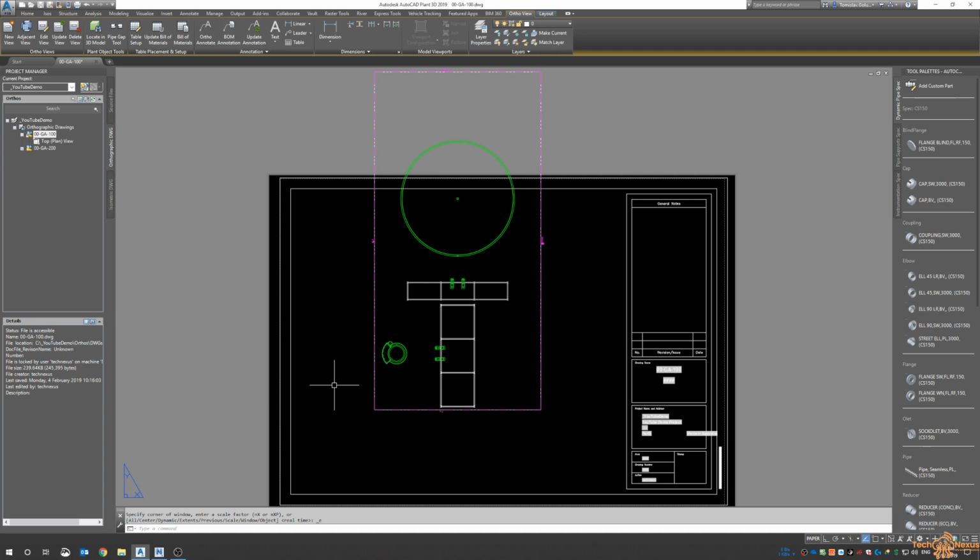So yesterday you would have seen that I made a start on my Area 3 piping, and today we want to update our ortho drawing so that we can get a sort of flat view of the model and see what it's going to look like. So I've opened up our